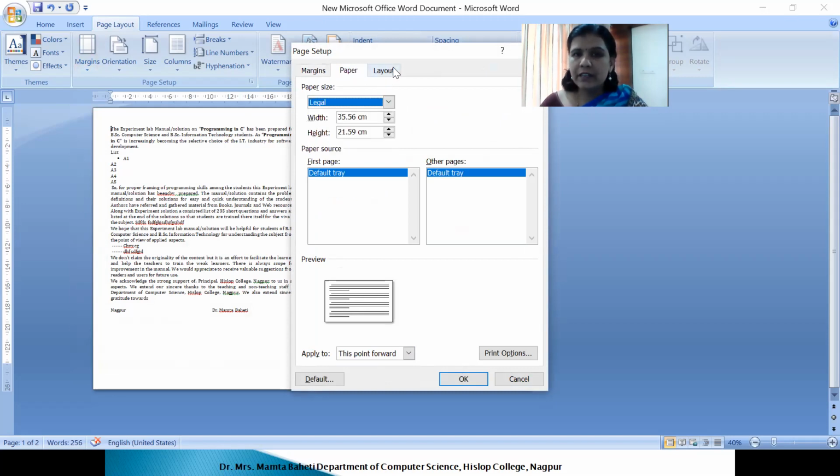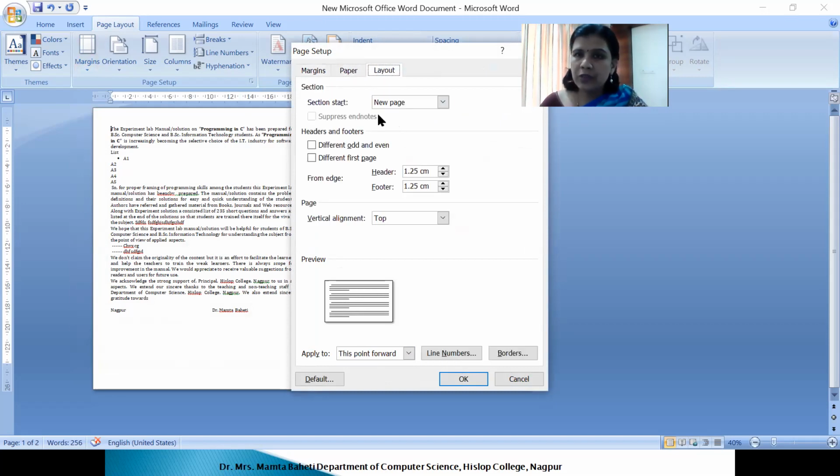Suppose I want to make it legal. And with respect to layout, one more thing is there, where I want the section to start with a new page, or in continuation, or a new column, or an even page or odd page. So that I can do it for myself. Friends, this is the advanced part, but I'm taking it in connection with these settings because if you handle the section settings properly, you can make many pages of different varieties under one file.